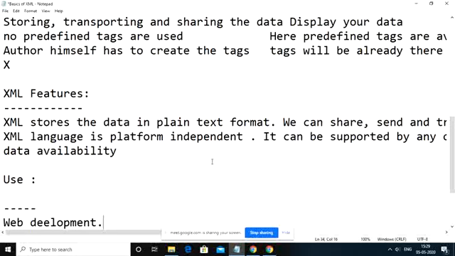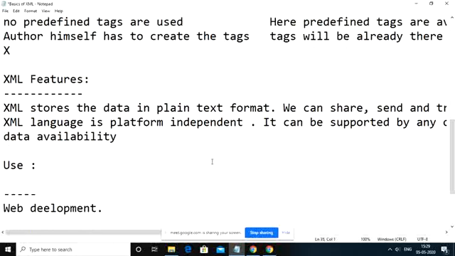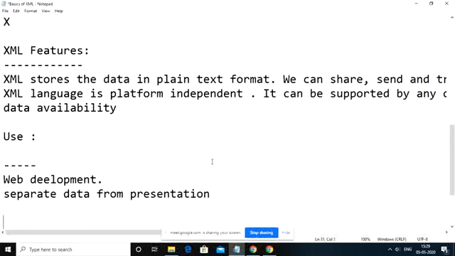At the same time, we are going to use XML language for separating data from presentation. Separating data from presentation means, let us say you design one particular HTML file, and within that you want to make some modification with respect to your data.